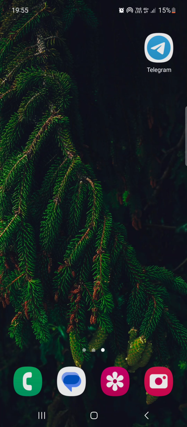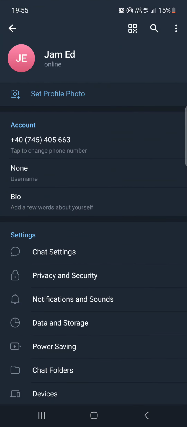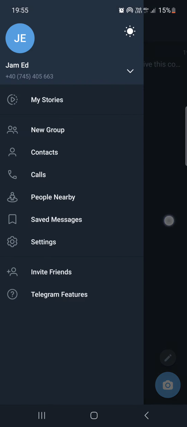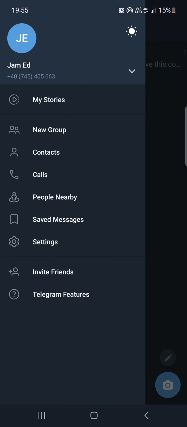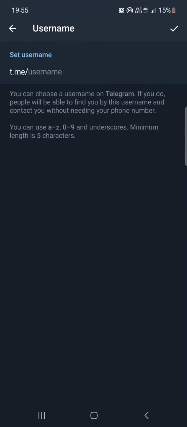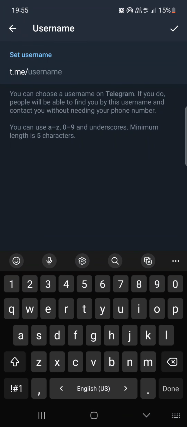So without further ado, let's just jump right into it. First, we have to open up the Telegram app. And here it usually opens up in the chats where we have our conversations. From here we have to swipe to the right, then tap on settings. And here in settings, under the account section, we find username. If we tap on this, then here we can just enter our preferred username that we want to use on